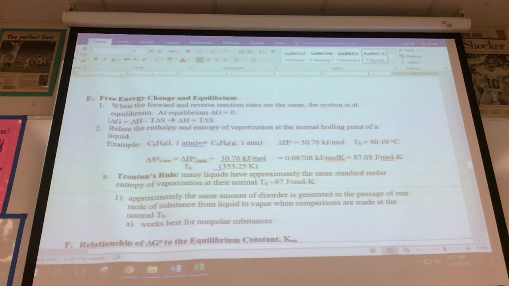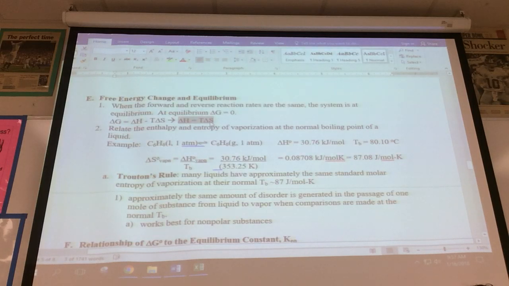So if you have that same formula we talked about, delta G is equal to delta H minus T delta S, at equilibrium delta G is 0. So you could set these two equal to one another. And one thing you can do is you can relate enthalpy and entropy